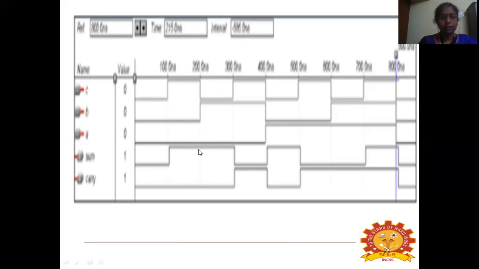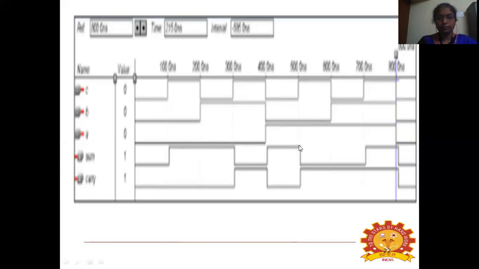From 200 to 300 nanosecond, it is 0, 1, and 0. So it is 1. From 300 to 400 nanosecond, it is 1, 1, and 0. So it is 0. From 400 to 500 nanosecond, it is 0, 0, and 1.